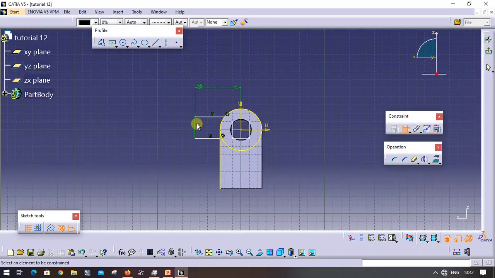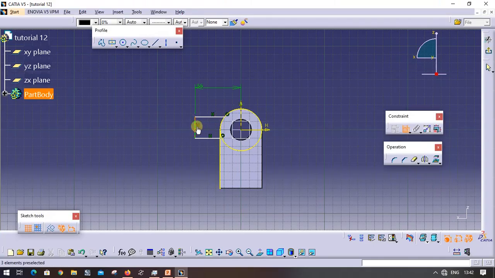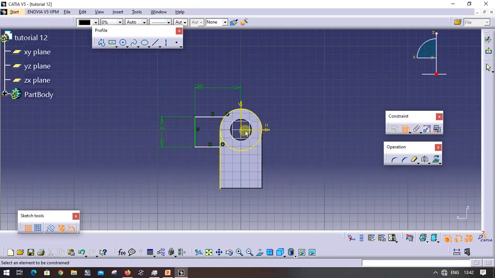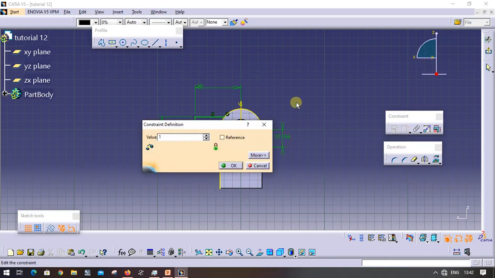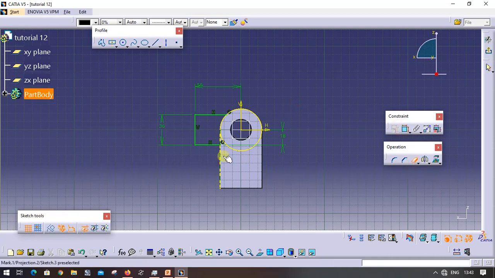The thickness of this is going to be 36 and now from the horizontal to one edge I am going to give the distance as 18. Now select your quick trim option and trim the unwanted edges. Exit workbench,